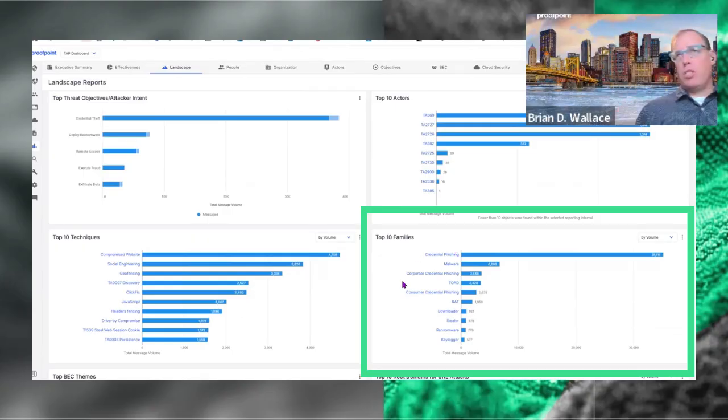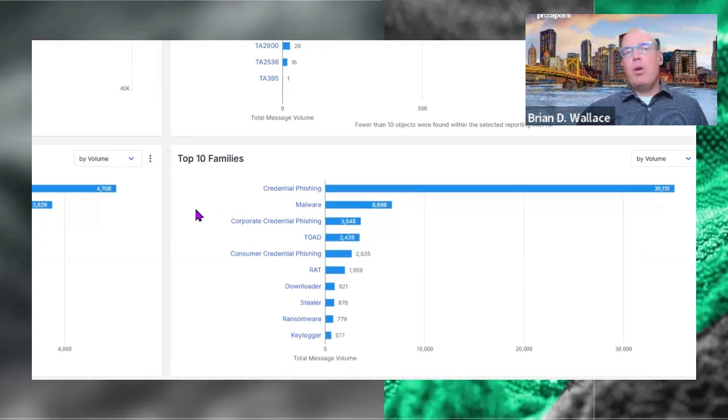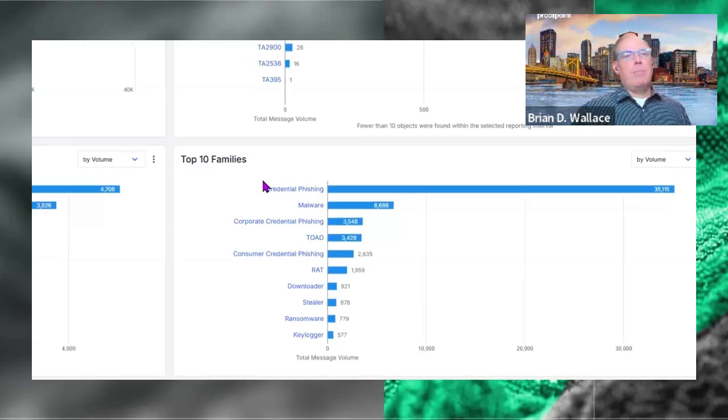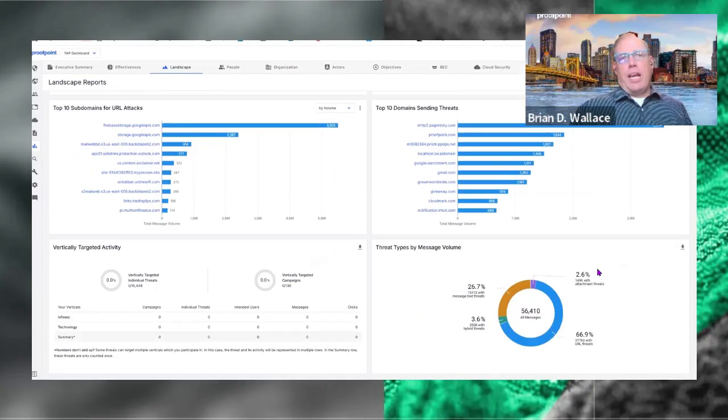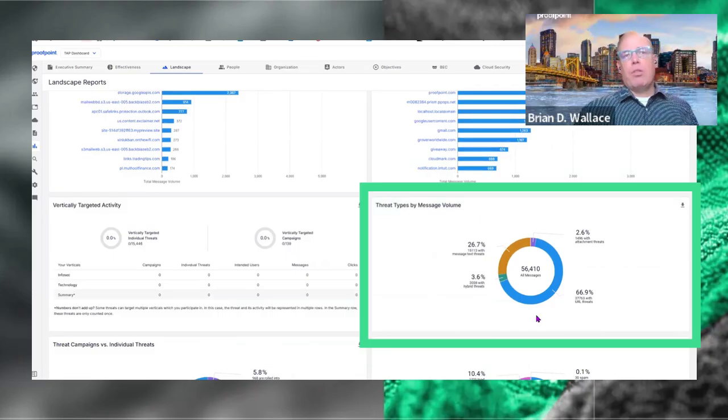So again, reinforcing the use of data entry, but we don't want to ignore things like malware or even Toad, right? So we want to think strategically about how we can incorporate that as we're looking at our templates. The other thing that you might want to start looking at too is down below here. What are the threat types?